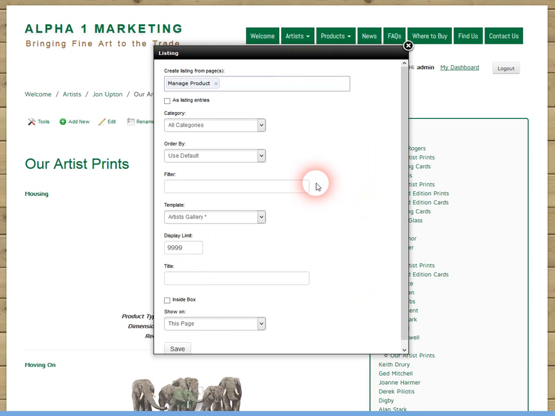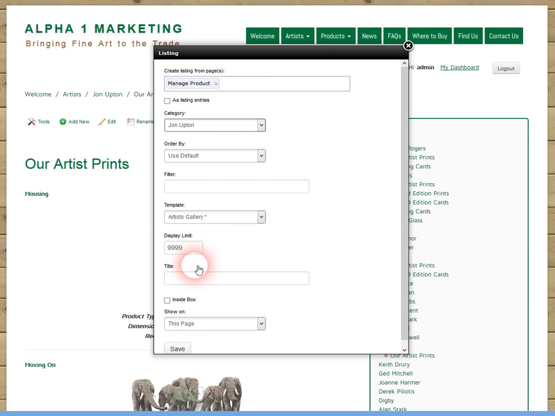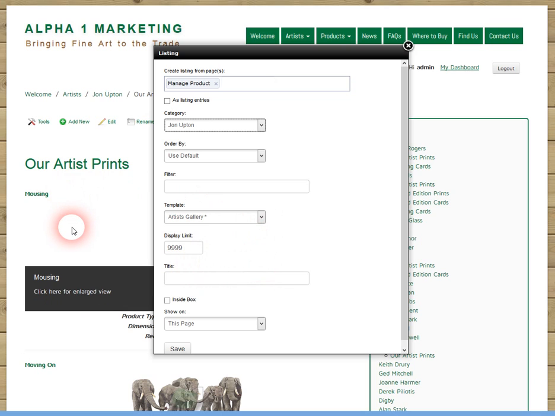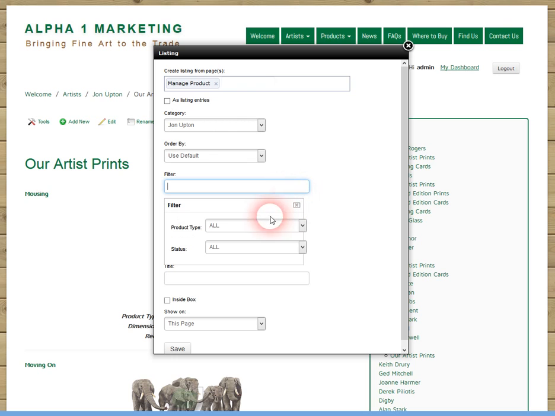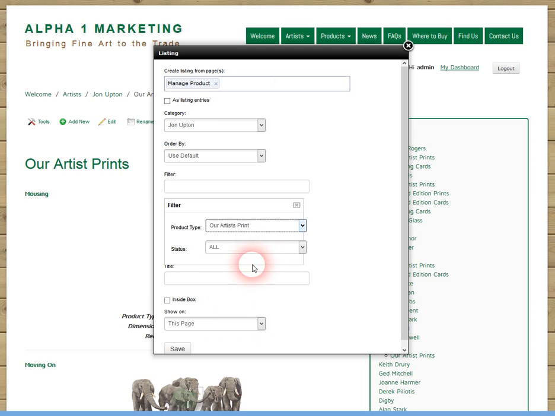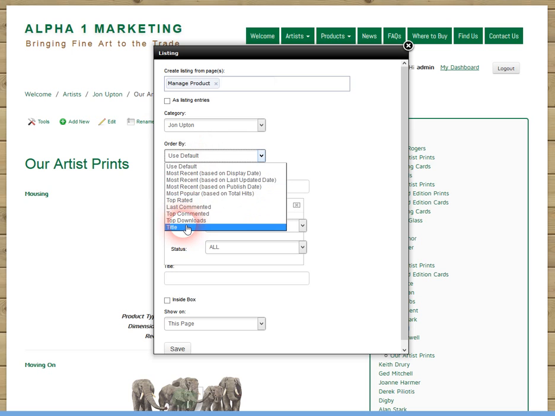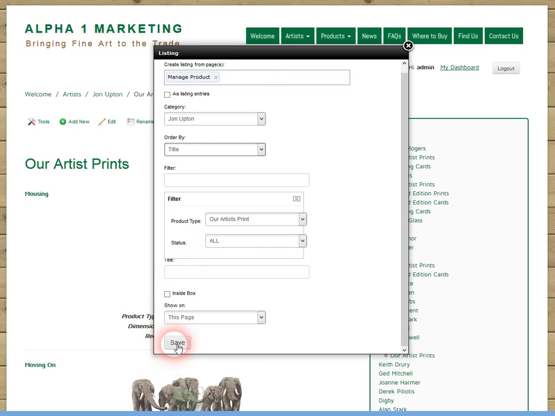So now we go back to our settings, and the first thing we do is to cut it down to our artist, John Upton. But this is John Upton's artist's print, so we need a second level of filtering. So we click on filter, and you can see it says show all products, and now we simply select our artist print, so it's going to show pictures by John Upton. We're going to tell it to order it in title order, and we're going to say we only want our artist print. And then if we hit save,